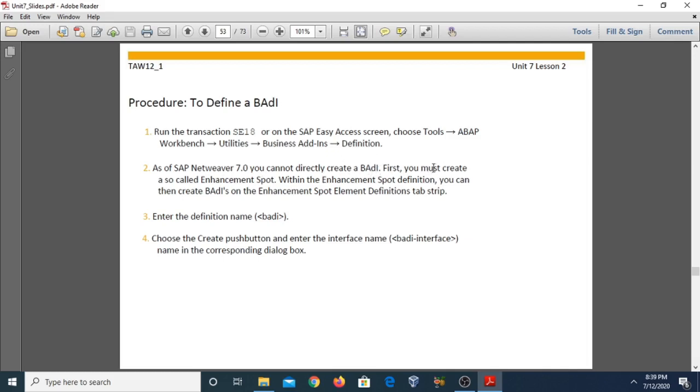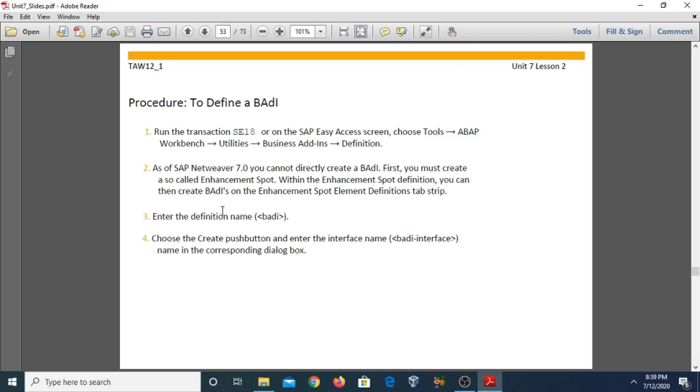Firstly, you must create an enhancement spot. The enhancement spot marks where you want to insert your interface or methods, because we are going to modify the existing programs. So first we need to define the enhancement spot.